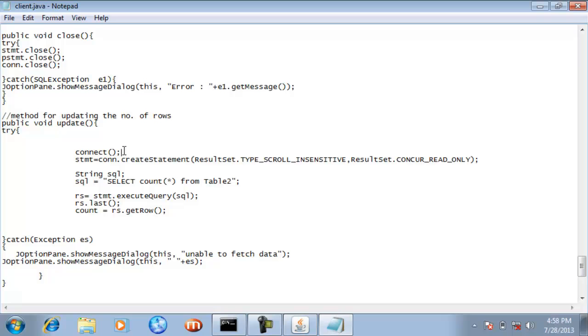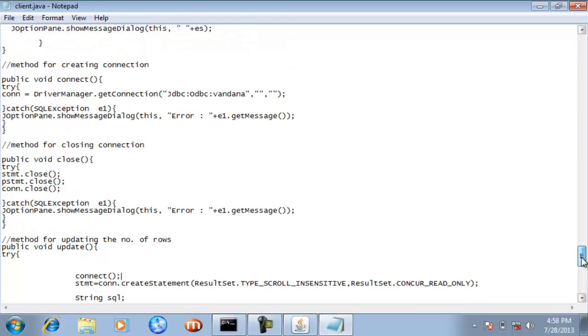So guys, when we enter inside this try block, I have used a method named connect. I have created this method somewhere else, and this method is responsible for creating a link between the MS Access database and the Java application. So let's see where I have created this method and the code inside it.